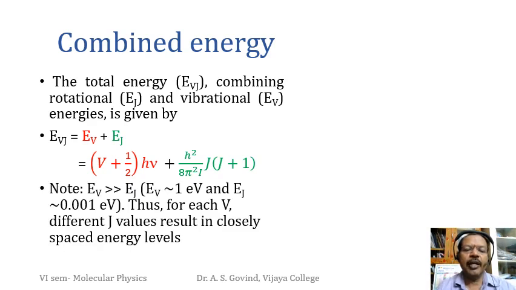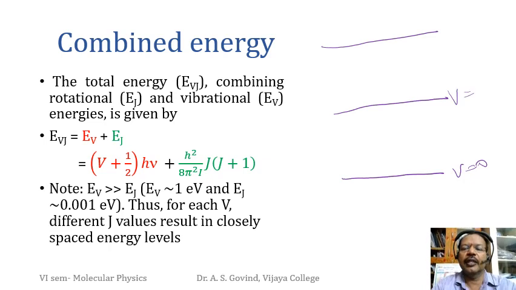One important thing you have to remember here, the vibrational energies are much higher than the rotational energies that we have already seen. And therefore, if you write an energy level diagram, vibrational energies will be quite far apart like that. This corresponds to V equals 0, V equals 1, like that. And the rotational energies, you observe that this is almost like 1 electron volt, and rotational energies are very, very small, less than 1/100th of that. And therefore, the rotational energy should be very small like this.